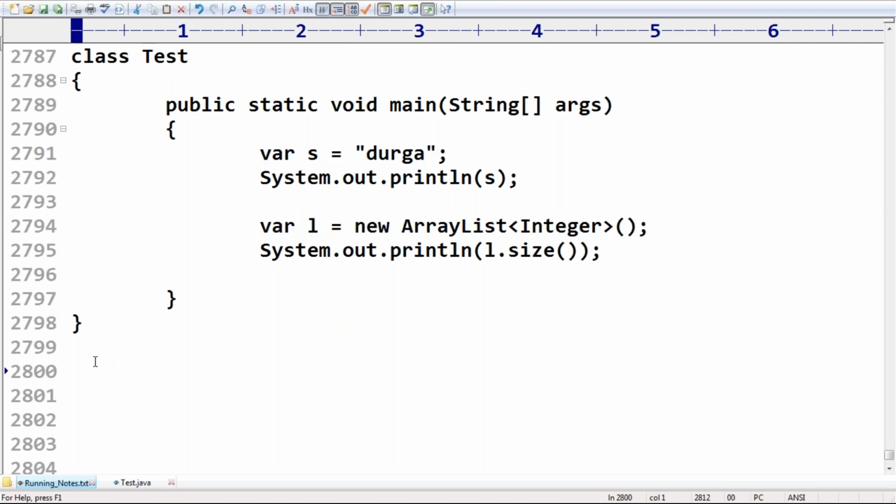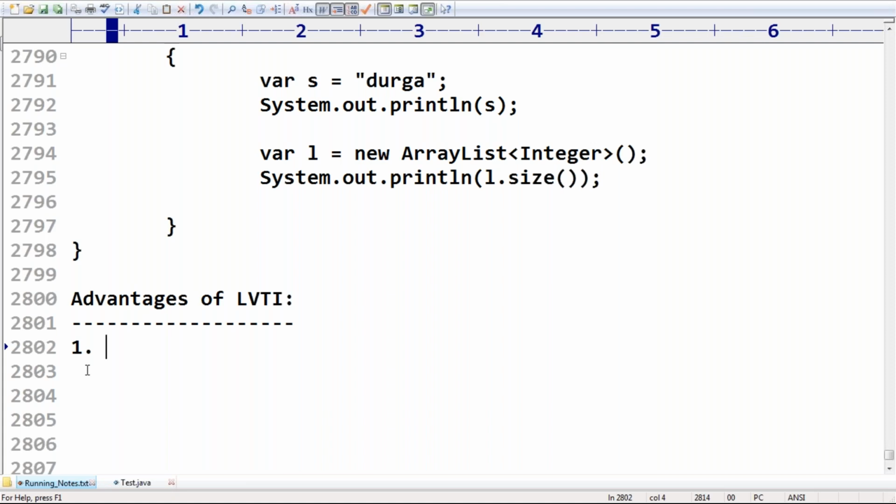Sir, what are the various advantages of local variable type inference? We are not required to declare the type multiple times. It reduces the length of the code. It improves the readability of the code.